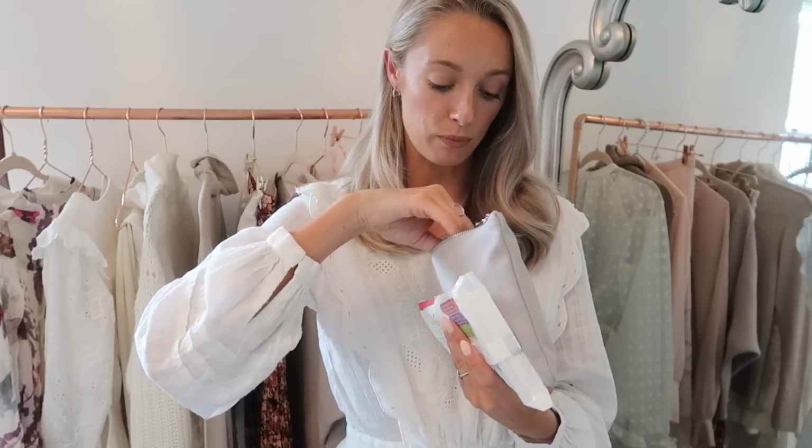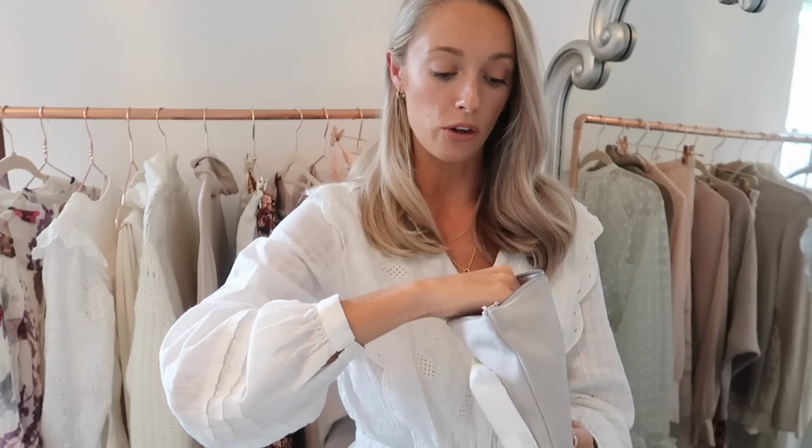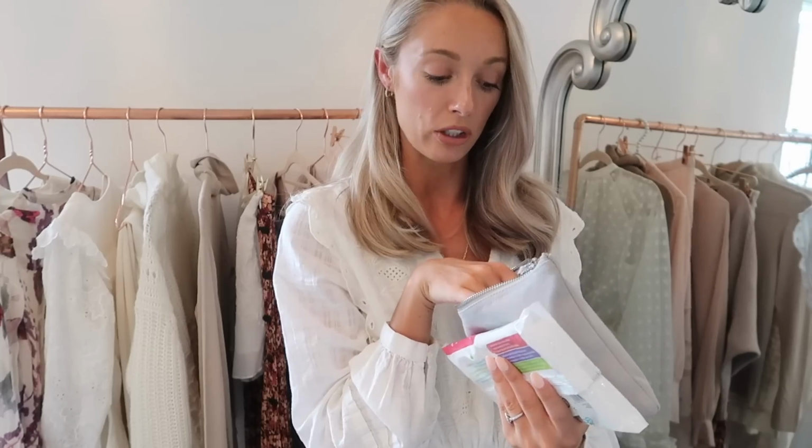And then in here I've got some other little things like some tablets. I've got antihistamine allergy tablets. I have got some paracetamol, those are ibuprofen. I have got some panty liners because it just helps you feel a little bit more fresh. And then I've also got some antimicrobial hand wipes. These are not so environmentally friendly. They come in these little packets, but I had them lying around the house, so I thought it'd be handy just to pop them in my travel bag, but I'm not going to go out and buy any more because